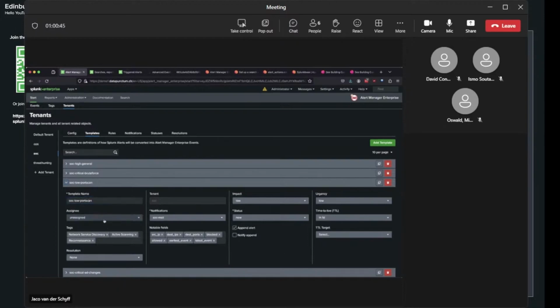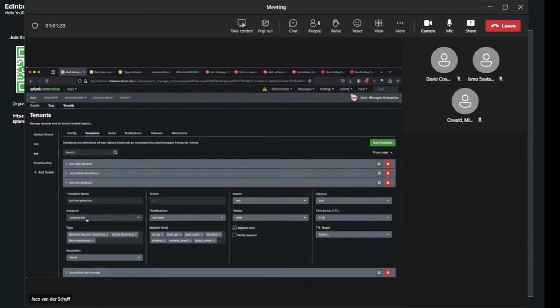And here you can see we can set things like default assignee. Again, you can set up groups within AME, and these groups can match your standard Splunk roles that you have set up for Splunk. Which means everything in Alert Manager you can ultimately tie back into your role-based access control that you have, for example, in Active Directory. So let's say you have a group with SOC users, you have a group with ops users. You can set that up within Splunk, the correct roles, you map that within AME, and then it just becomes a role-based access control effort of managing access to that group through LDAP. So all of that is supported as well.